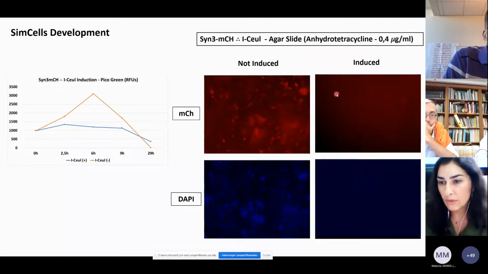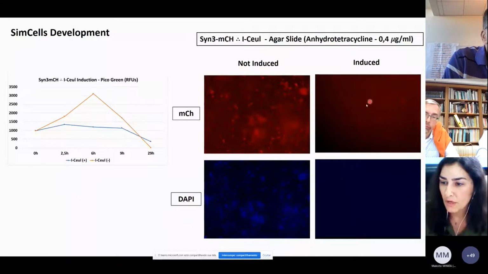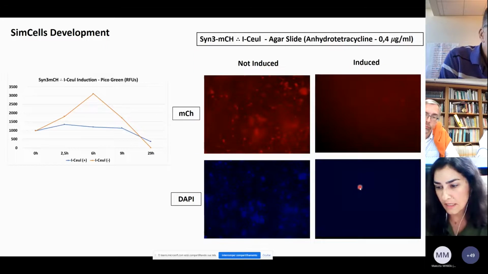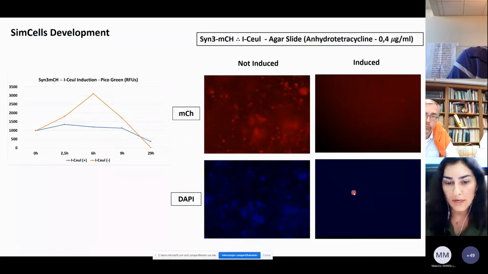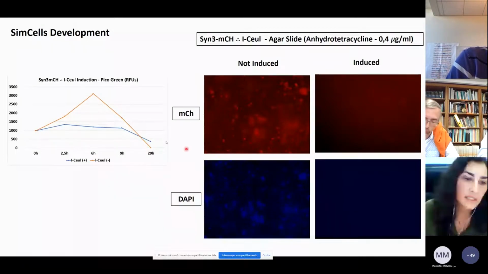So when you induce the system and the endonuclease is produced, you can see that mostly the mCherry that was expressed is vanishing, and we can't see any DAPI anymore. So no DNA anymore in the cell. These were analyzed after 48 hours of induction, and here you can see also the same thing, like with